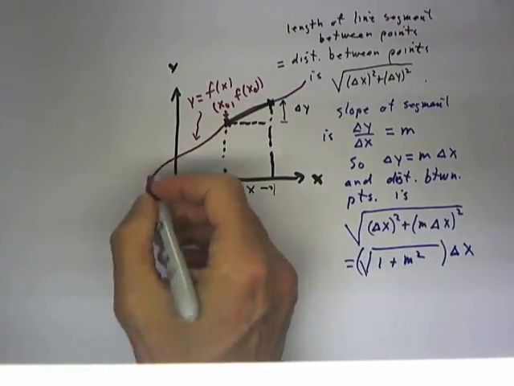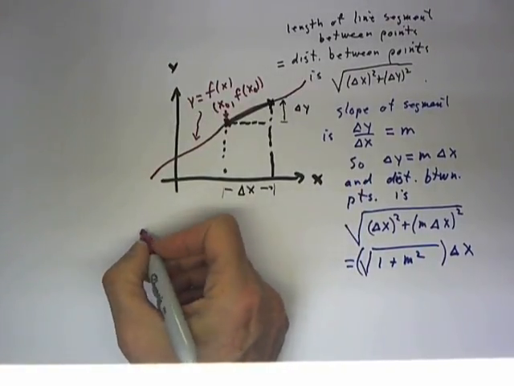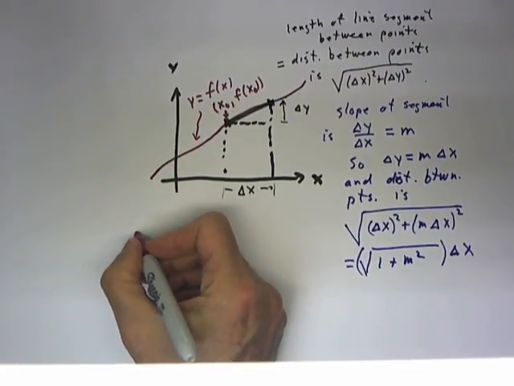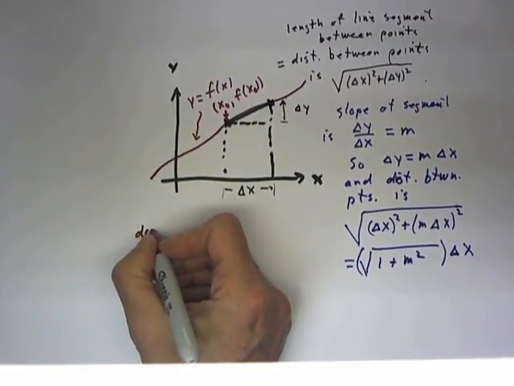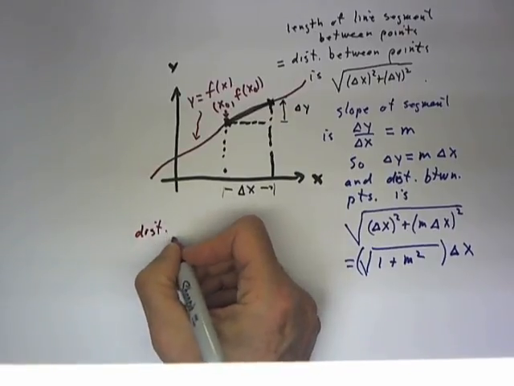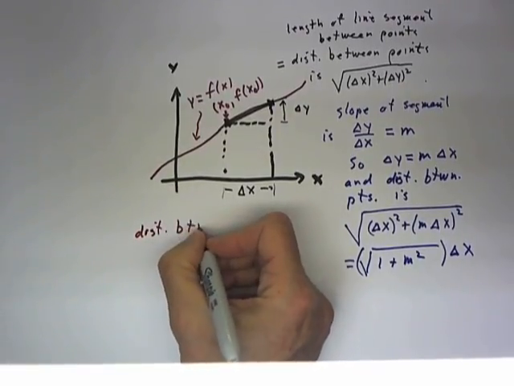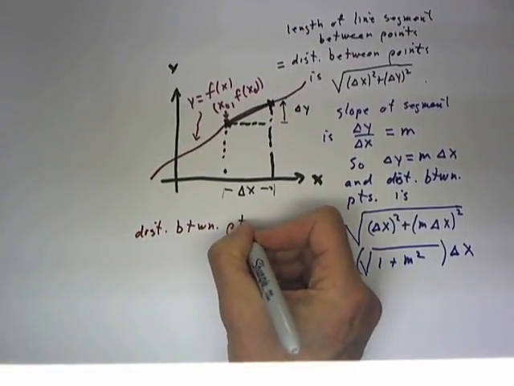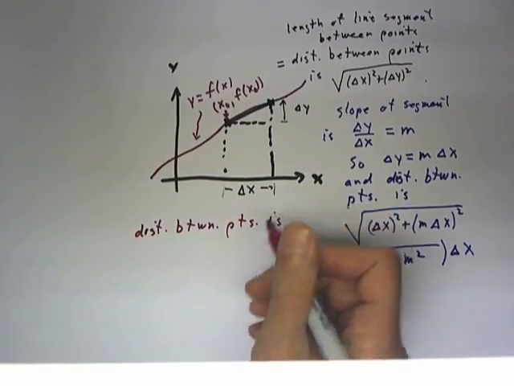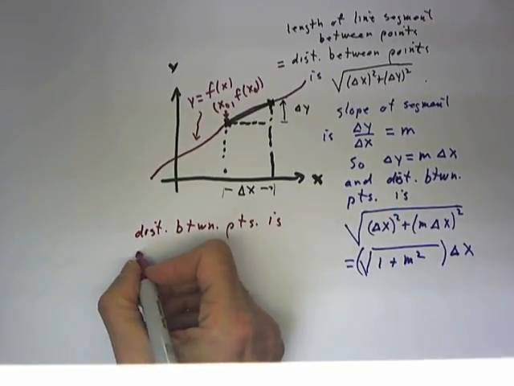And for this model then, the distance between points is approximately